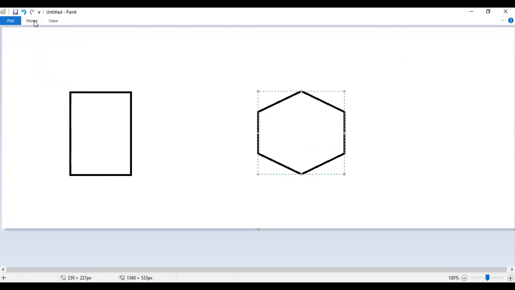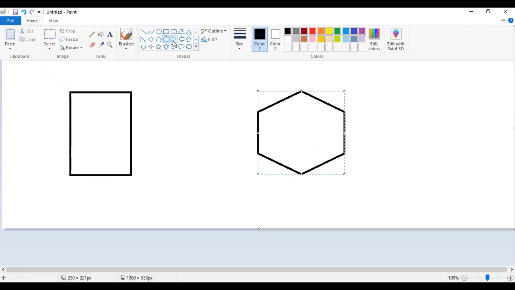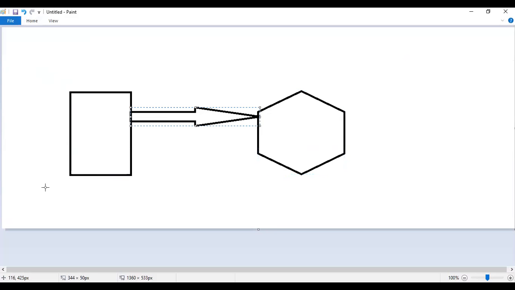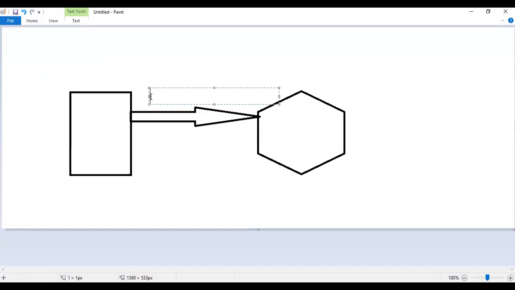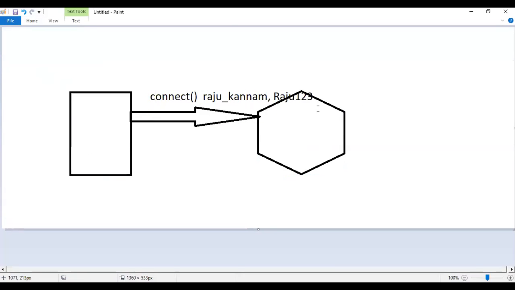From my Python program, I have created the connection by using the method called connect. This method tells for which user you want to create the connection and his password also. So the user is Raju underscore Kannam and his password is Raju123.